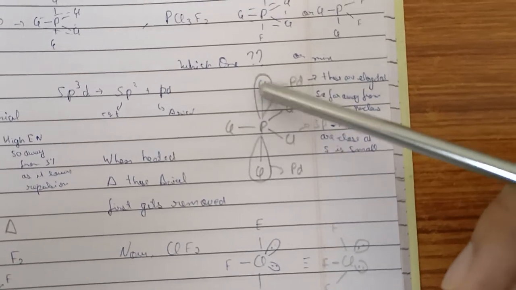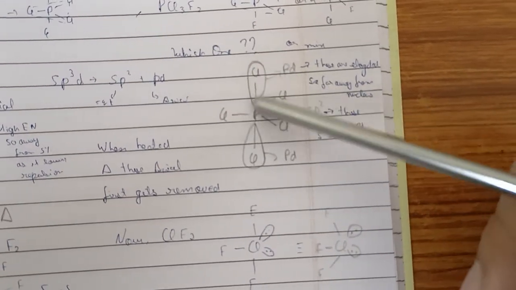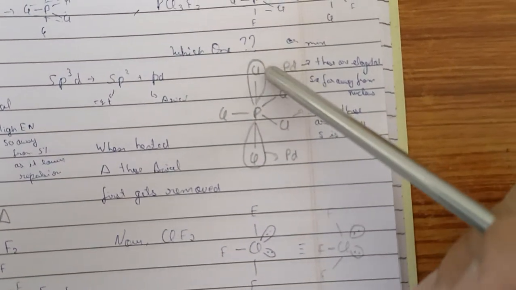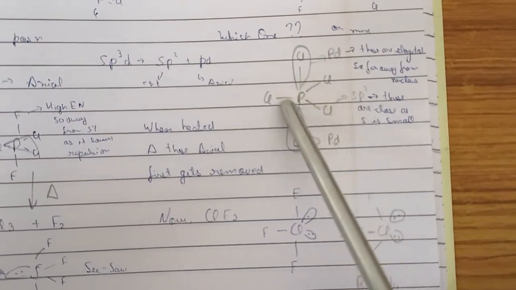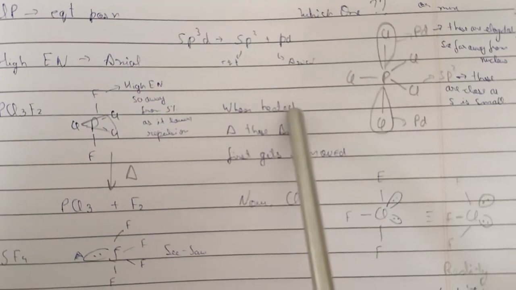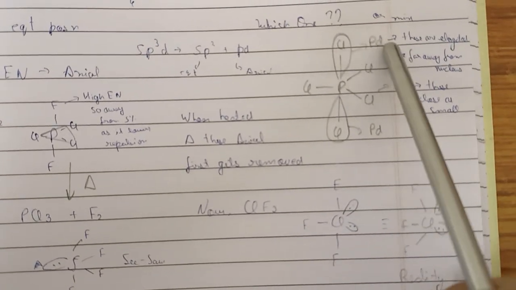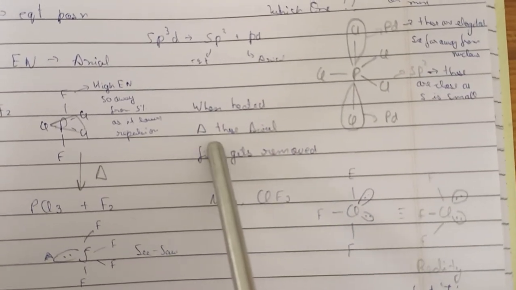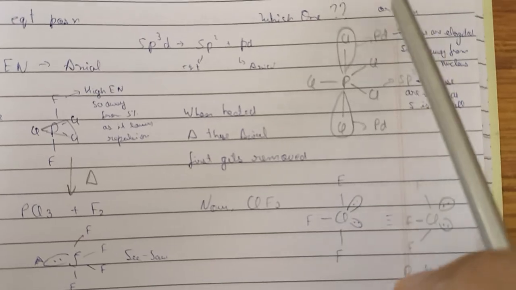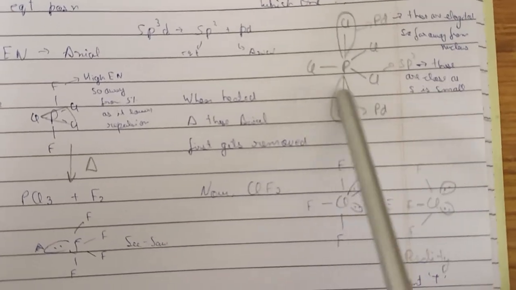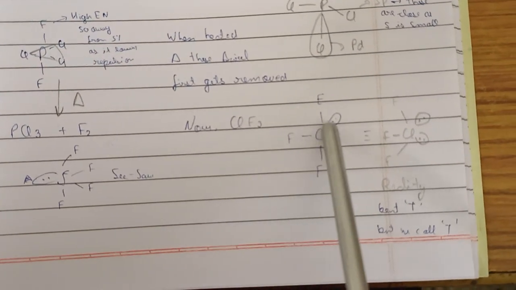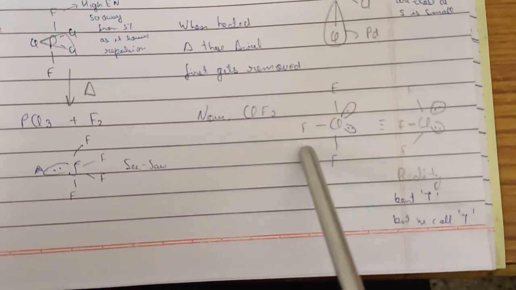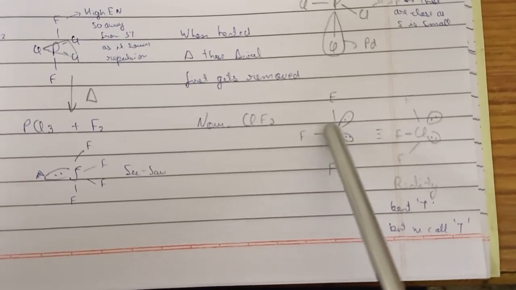So this axial bond length is greater than the equatorial bond length, so these are further away from the central atom, whereas this one is closer to the central atom. So when it is heated, this will come out easily. When heated, these axial get removed first, so this axial will get removed first and PCl3 will be formed like this basically. And now ClF2, so fluorine will go in the axial position,